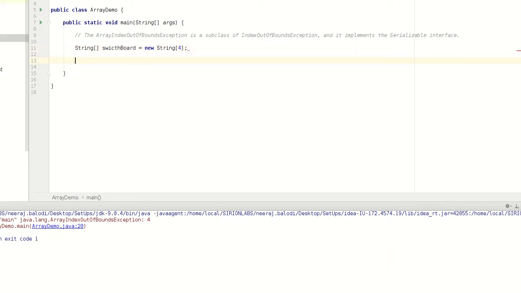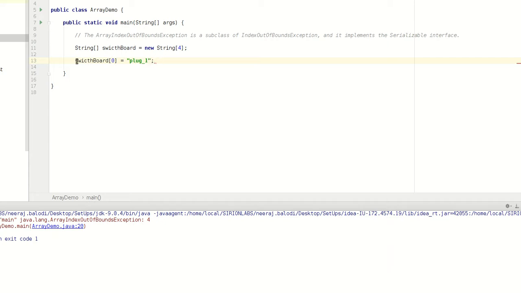Now what I want to do is insert elements into it. At the 0 index I want to insert plug 1. Okay, so I have inserted plug 1 here.